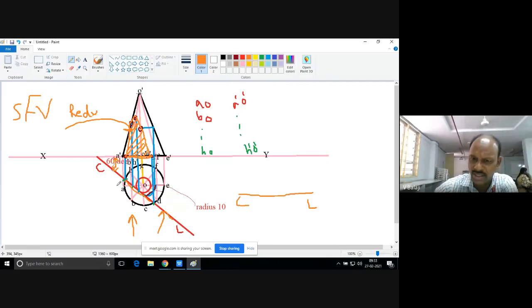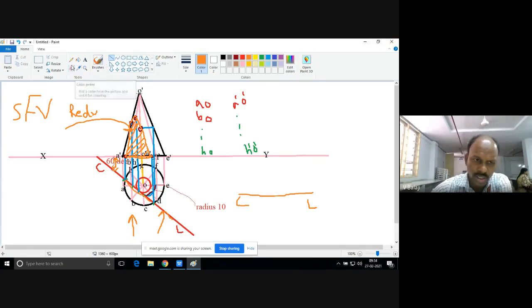As long as the object is parallel to any one of the reference planes, we will get the true shape in at least one of them. Same logic we will apply here. Just remember the procedure. Immediately after finding the sectional front view, since the CL line is not parallel to XY, the sectional front view is not the true sectional view. Then we need to draw the true shape. Now for that, remember these steps.